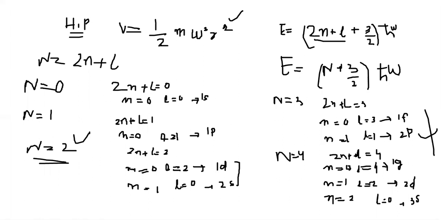You can observe one thing here. 1F and 2P are degenerate levels. 1G, 2D, and 3S are degenerate levels. So we can plot them. Let me plot them on some axes. We have one level here, then another level here, then another here. But remember, they are not drawn to scale. I'm drawing them roughly.